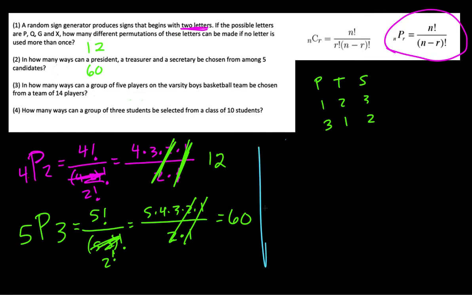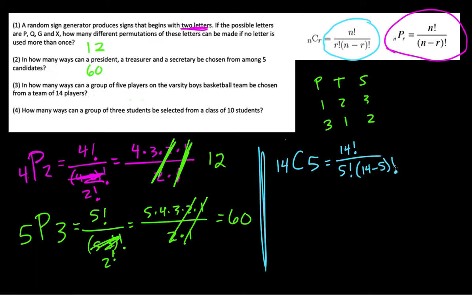Okay, on the next one, it says, in how many ways can a group of 5 players on a varsity boys basketball team be chosen from a team of 14 players? So it's going to be 14, because that's how many we choose from, and we are choosing 5. Now, because there's no specific positions mentioned or anything like that, we're going to assume that order does not matter, and that's why this will be a combination. So if we use this formula, we get 14 factorial over 5 factorial times 14 minus 5 factorial,